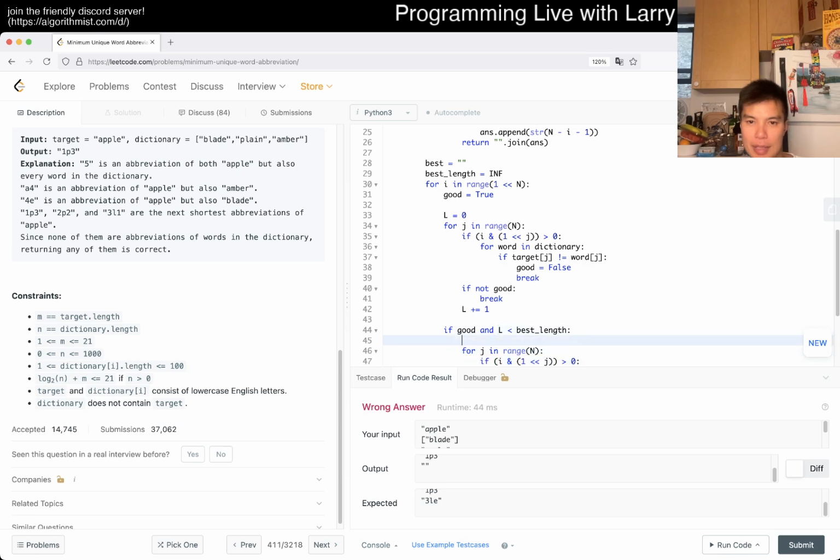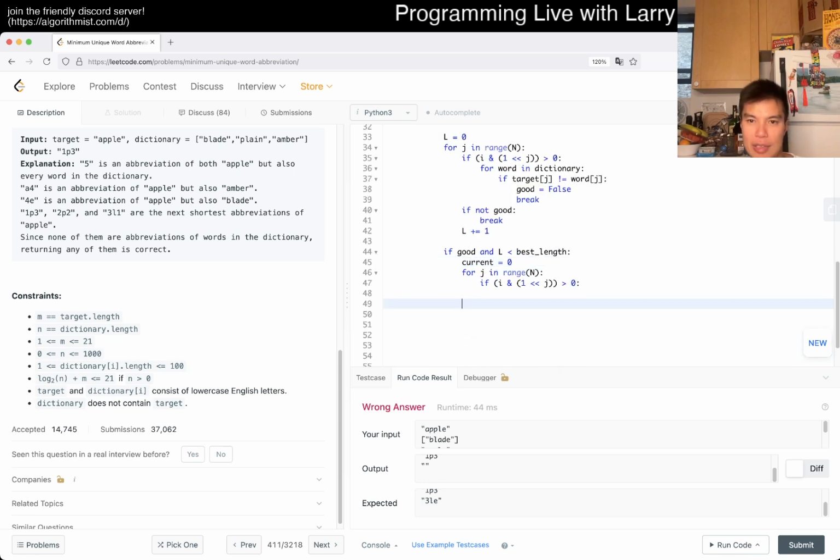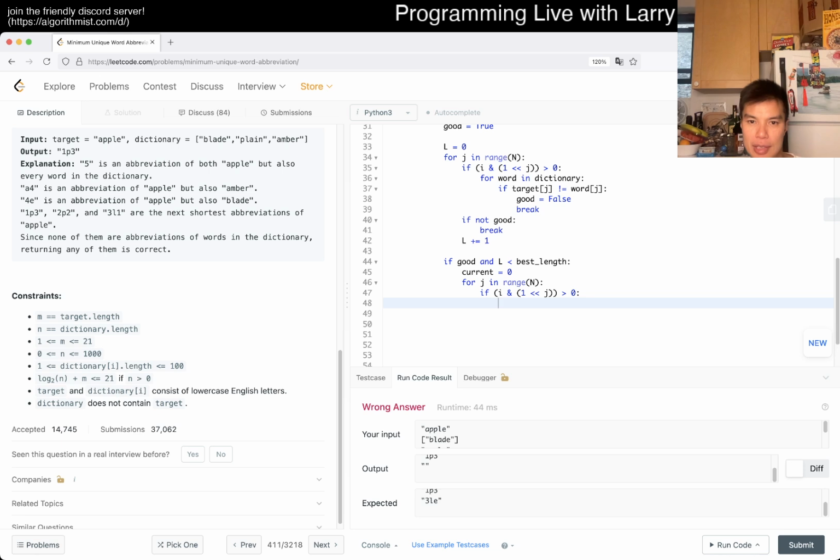Right? How do we do it? Current is equal to 0. If this is equal to 0, then let's do best length is equal to L. Right? Current is equal to 0. If so, that means that we want to use it. So then answer.append target sub j. Else we want to increment current,